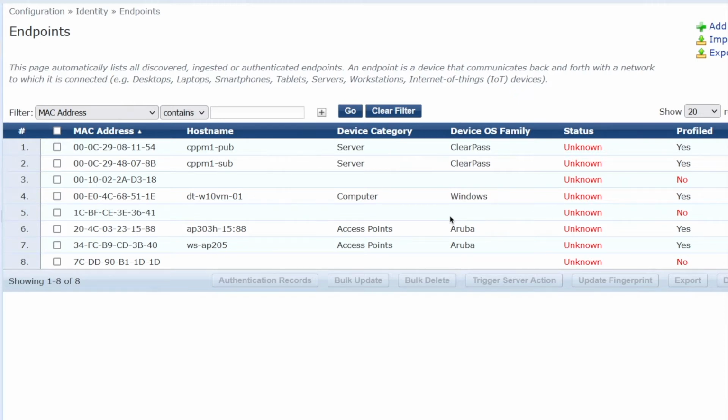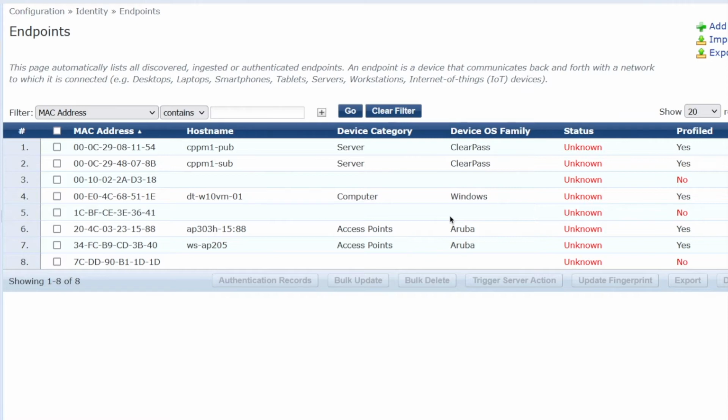So that's all great. However, every now and then I hear people that can't make profiling work, and in most cases the reason is that the DHCP packet is not reaching the ClearPass. So either there's a firewall in between or there's a misconfiguration on the switch. It can be many reasons, but in order to prove that it's not the ClearPass server, it's good that we can do a packet capture.